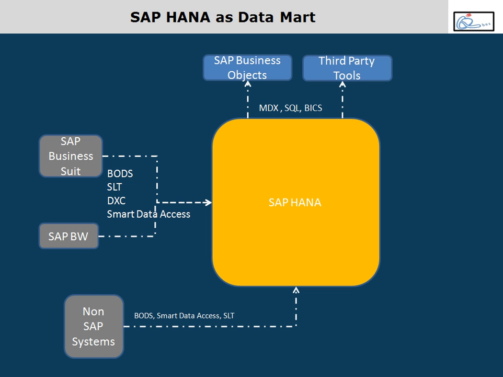Let's say prior to introduction of SAP HANA, I was using BW as a warehousing solution. When I have to install BW, do I install with some database in the backend? How do I install? First I install the database, then I install kernel, then I install ABAP stack, and then I have this sitting on what? On that Oracle or any database I can install.